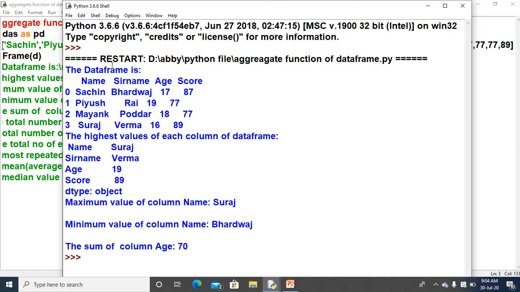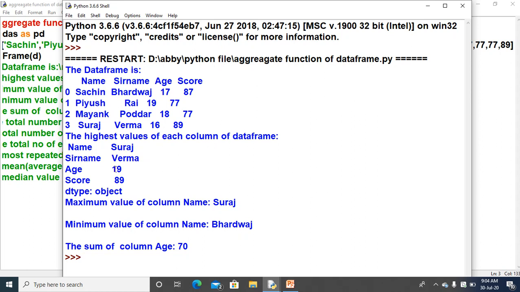So first of all, the data frame has name, surname, age, score. As I have told, Sachin, Piyush, Mayank, Suraj, and the surnames Bhardwaj, Rai, Poddar, Verma. These are the 4 rows of the surname. Age is 17, 19, 18, 16, and 87, 77, 77, 89 are the values for the score. And the highest value of each column: under the 4 names, Suraj has the maximum ASCII value.